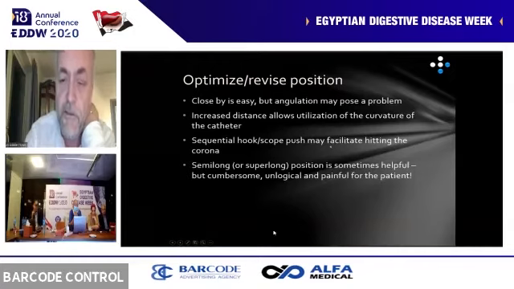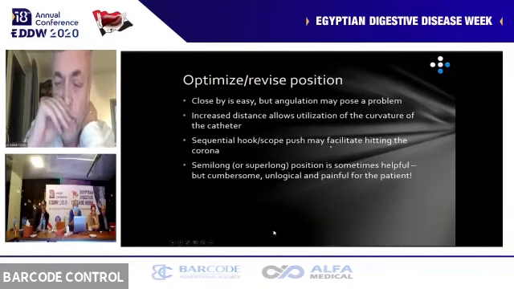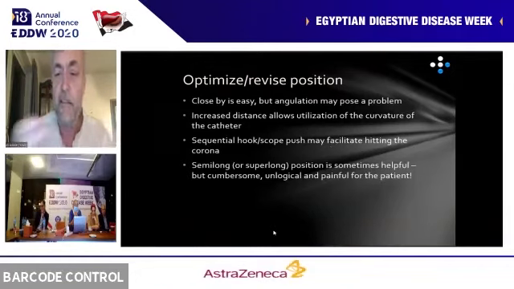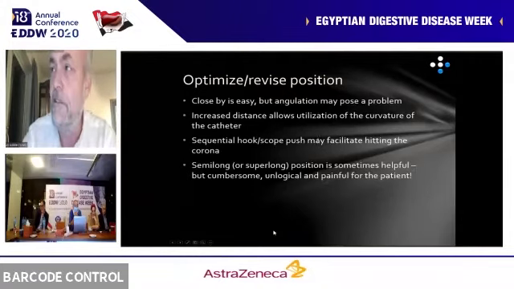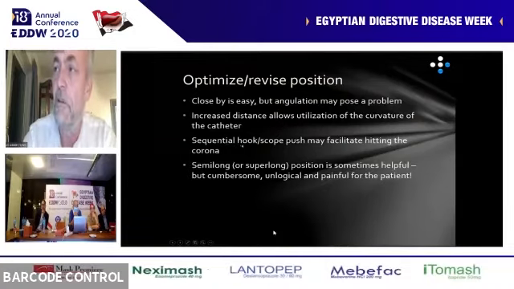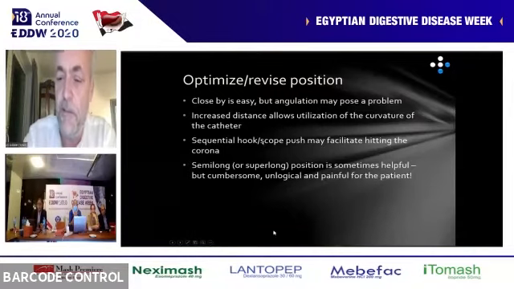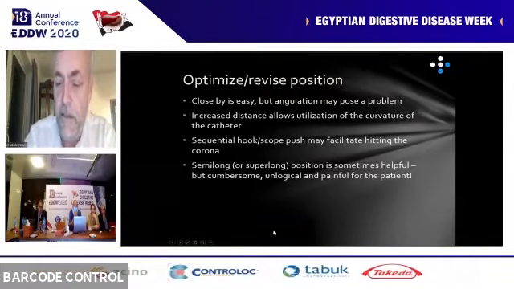And if you have a sphincterotome, then that added angulation utility can help you. And sometimes you can hook your tip of your catheter into the papilla and then push your scope at the same time as you push your catheter to facilitate the right